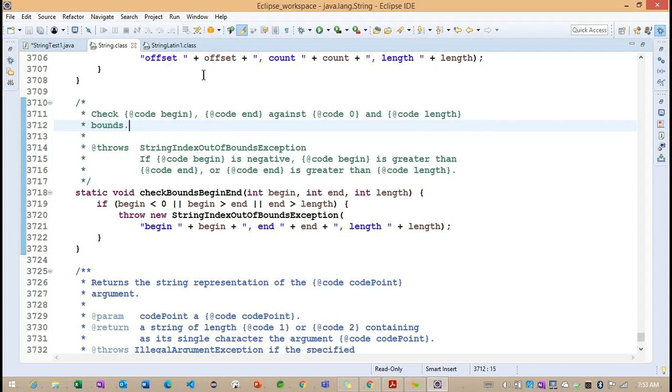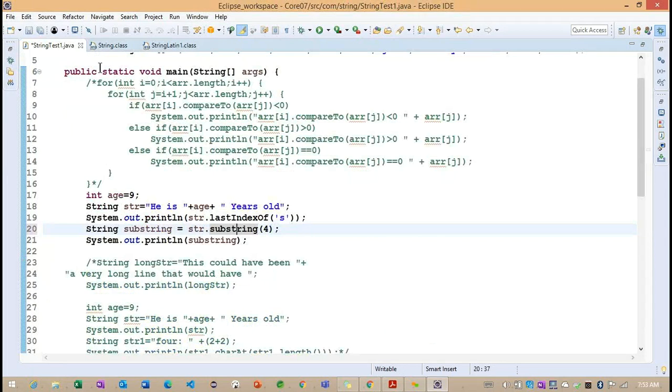The other method is called the concat method. In the previous example, we already implemented this. Here you can see this is the string, and this is the int variable, age, and we are trying to append it in between the strings. This is one string we are appending, and this is another string. Between these two strings, we are trying to append our integer data type. It's nothing but concatenating two strings with an integer data type in between.